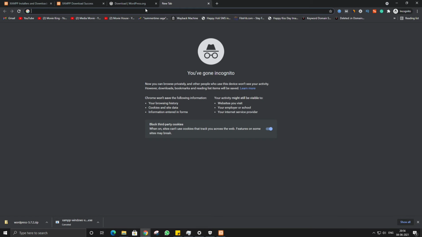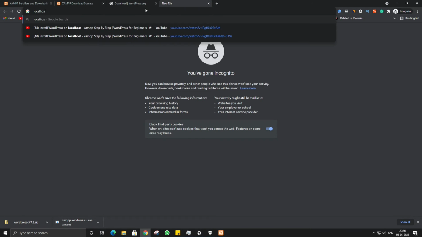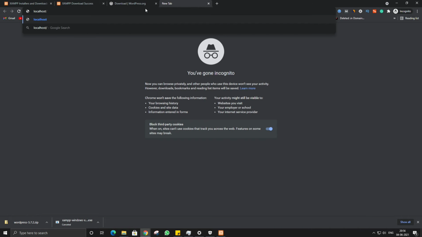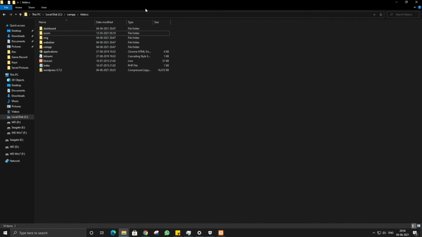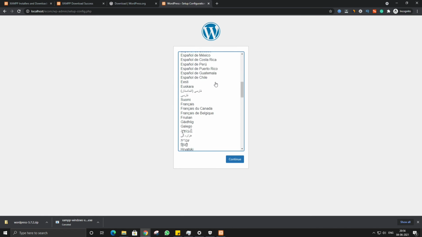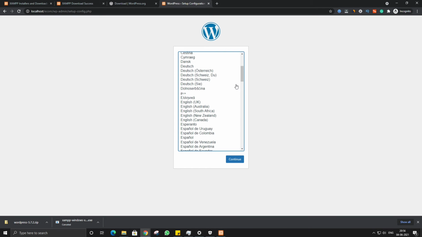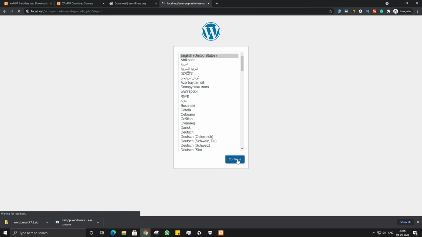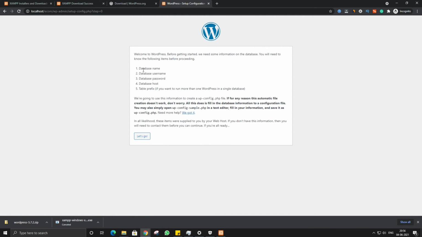And now we will install this WordPress. For that we will use localhost / and the name ecom. Like I have chosen the name ecom, and so we have to write here, and this is the beginning of the process of WordPress installation. So this is how we will install the WordPress. And now we have to create a database also, and here we have to put the database name. So first we will create a database.